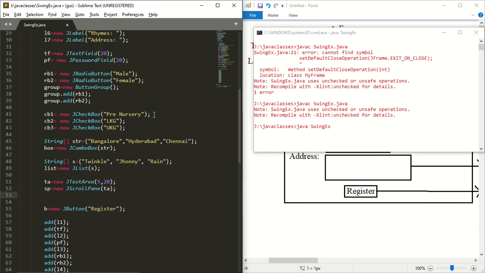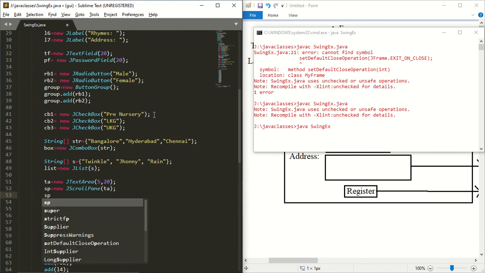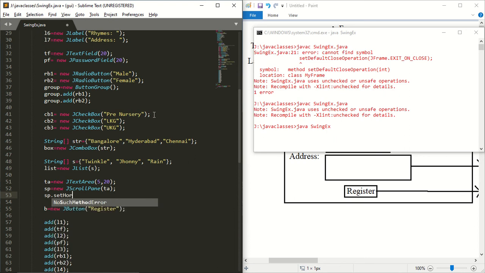Next, I want to set the horizontal and vertical scroll bar policy. So how to set? SP dot set horizontal scroll bar policy. So how the horizontal scroll bar should look like?